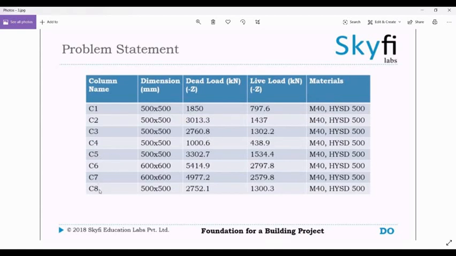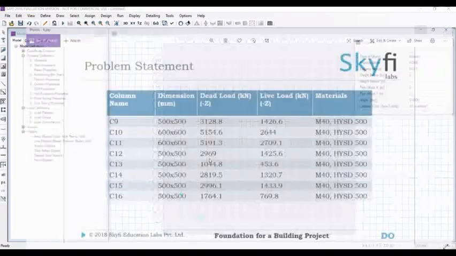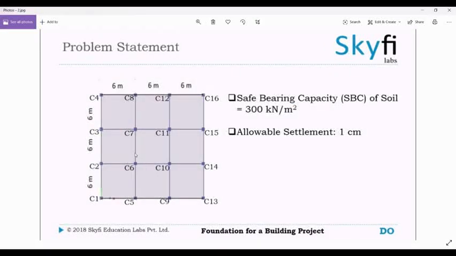C6, C7, C8 again 500. And just have a look on the figure that only C6, C7, C11 and C10 are of different section, and rather all are of same section. So we will just draw like this.